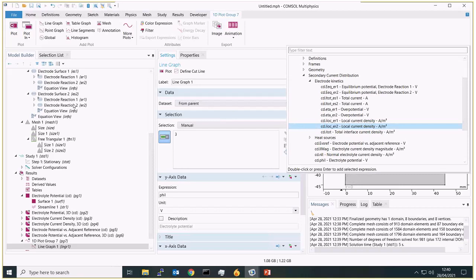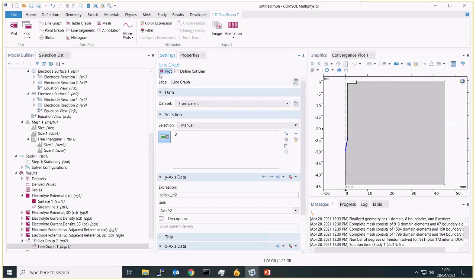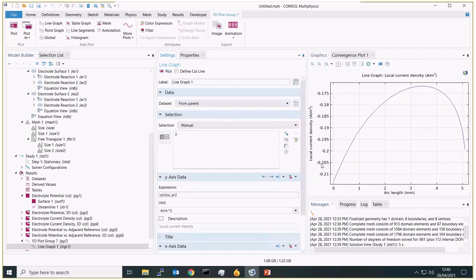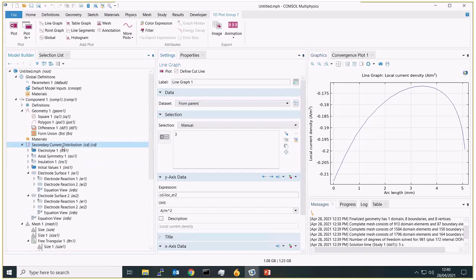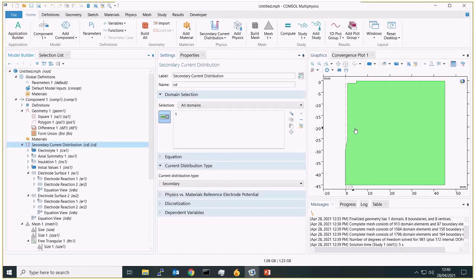So that's our oxygen reaction there. Plotting that, we can now see how that varies across the length of the nail, or that surface which is exposed. So that's a relatively simple representation of the system.